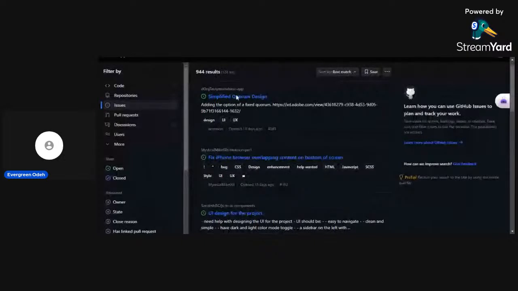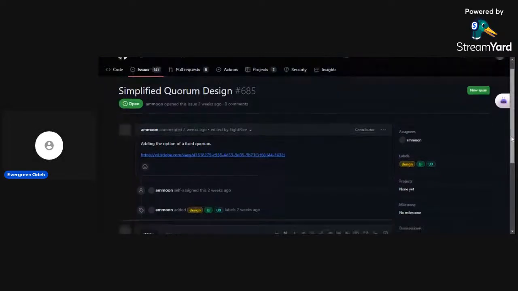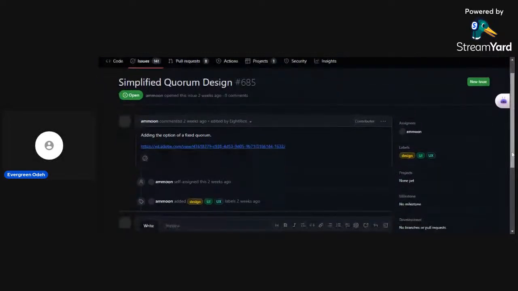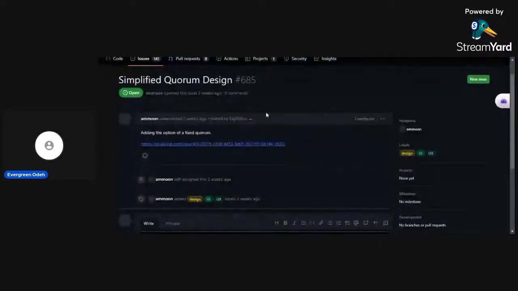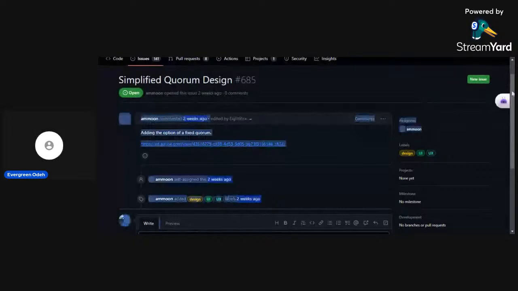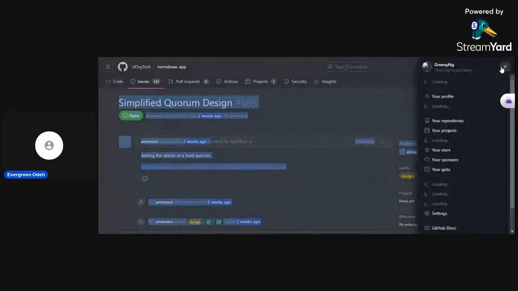So the issue was by adding the option of a fixed quorum. I don't know what a quorum means, but I guess it's a Web3 term. So assuming I were a Web3 designer, I would know what to do. I don't need to touch anything here. I've already forked this repository, so I'm going back to my profile.